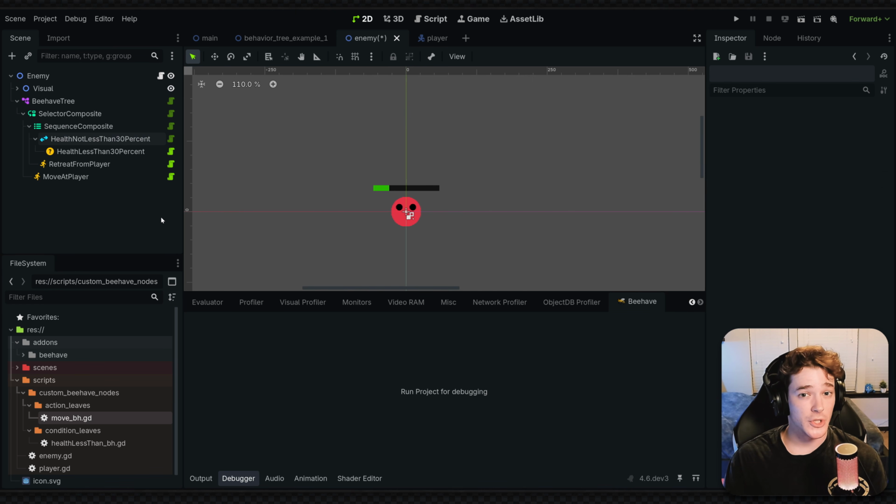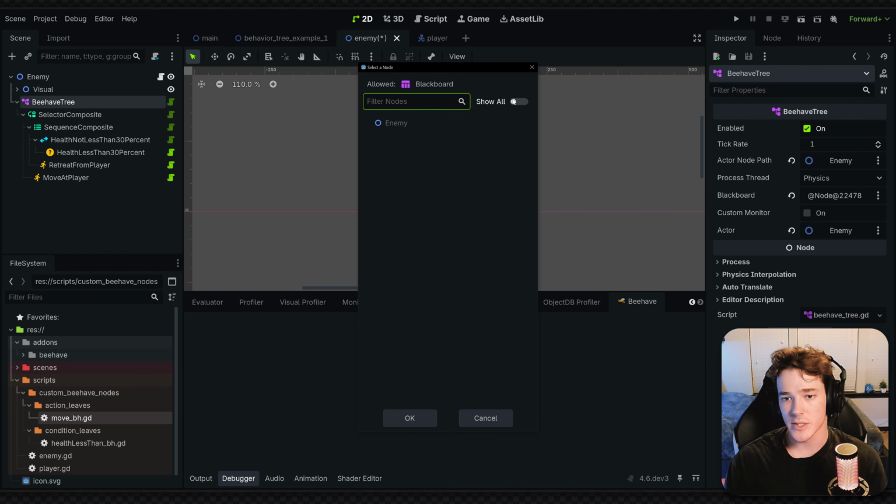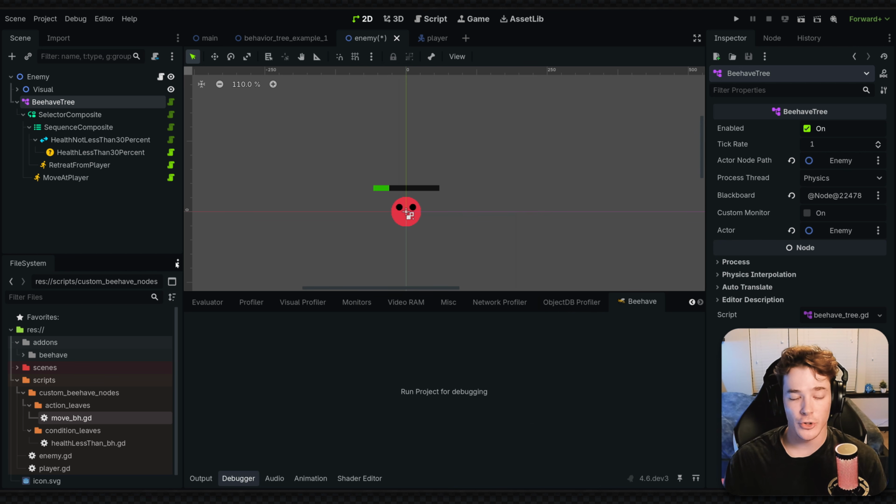Now, the last thing I want to mention in this video is the final part of a behavior tree, which is used most of the time, and it's called the Blackboard, which you might have seen on the inspector panel. If you click on the behavior tree, we have this Blackboard, which is assigned to a non-existent node, and that's because a behavior tree will automatically generate a Blackboard, and a Blackboard is basically just what it sounds like. It's an object that's essentially just a dictionary, so it stores a bunch of values and keys, and it's great because you can store data to a Blackboard and then reuse that data and access it between multiple different nodes,